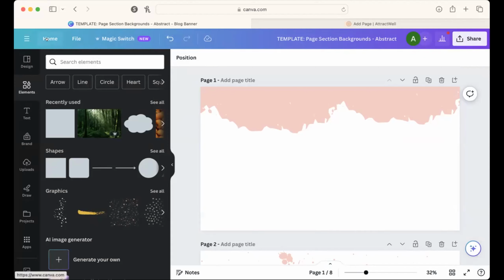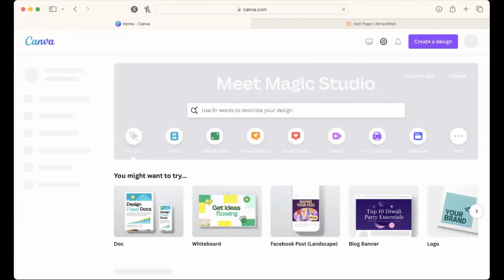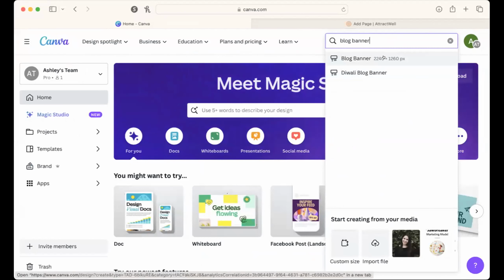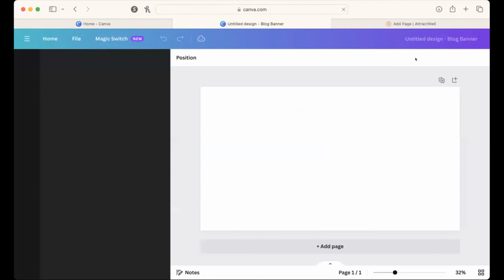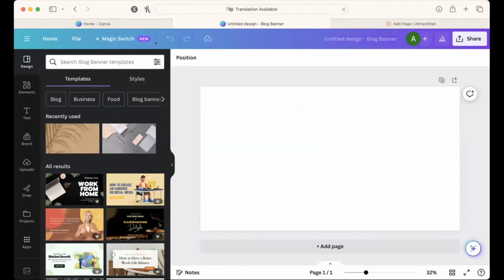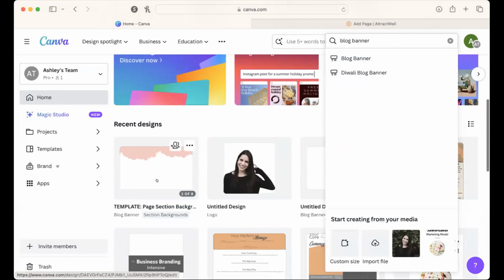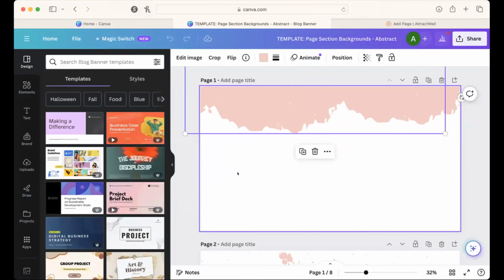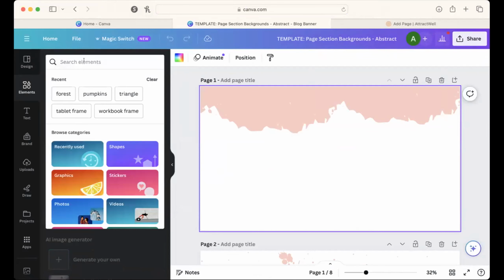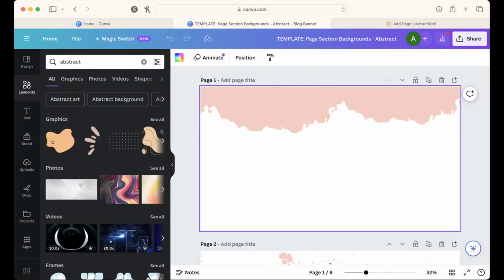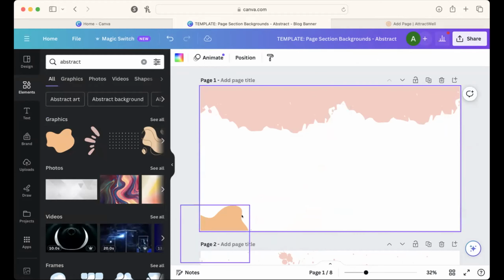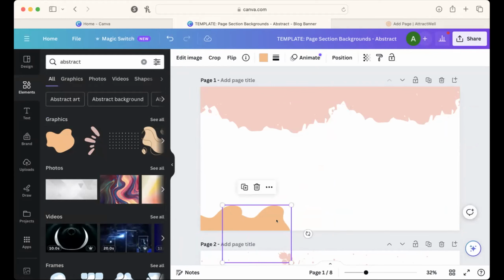Basically all I did here was I went to Canva and I went to create a design and I typed in blog banner. And that blog banner is 2240 by 1260 pixels. And then I just started using elements, like abstract elements. So going into elements, I searched abstract, and used things like this, colored to fit the palette, and placed them in,